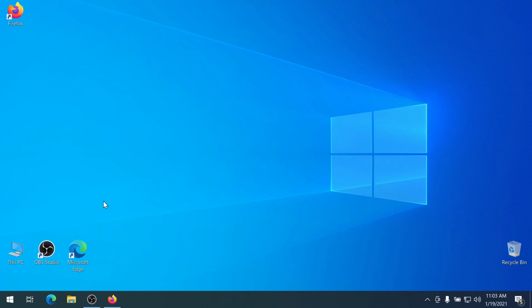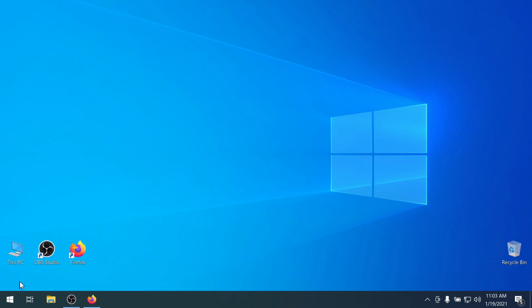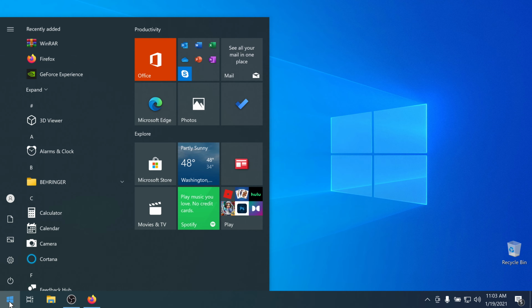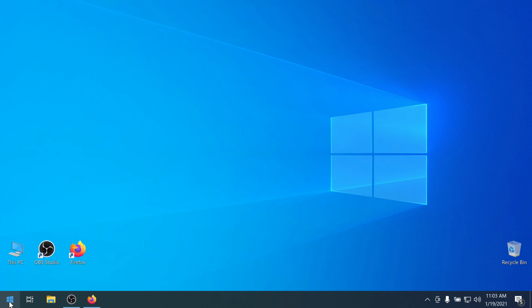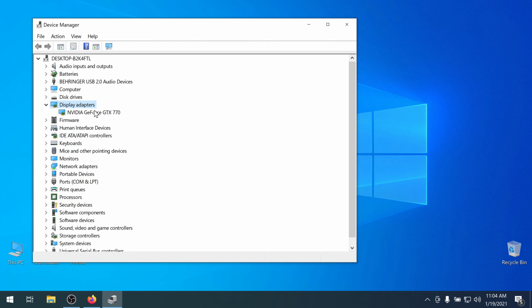Now it's time to check for any missing drivers. Go to start, type device manager, and you look here. Let's say you have display adapters, and the video card is not installed.